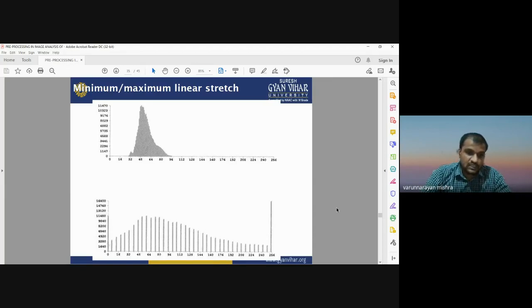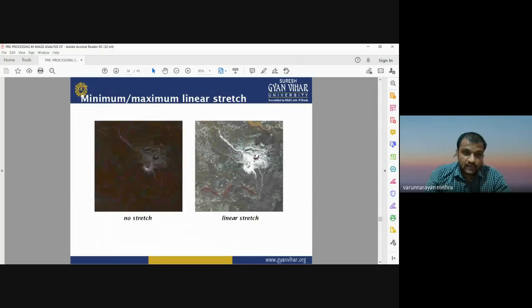This is the simplest way to perform linear stretching, which is a part of contrast enhancement, or image enhancement. Now moving to the next slide, here you can see the effect of linear stretching on satellite images. The first image is the original image. You can see it is very dark and not many details are visible. But after performing linear stretching, its quality is improved. Now it has good contrast and is easy to interpret. You can see the differences between the images before and after stretching.